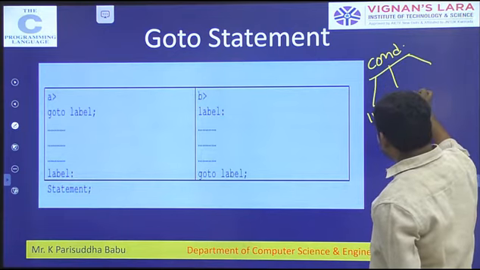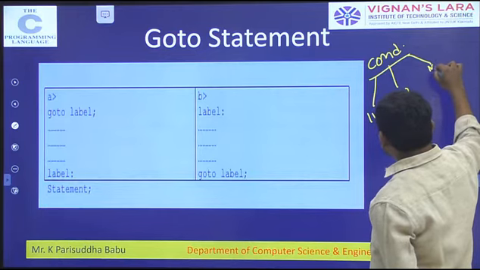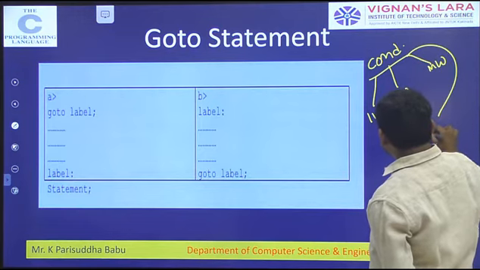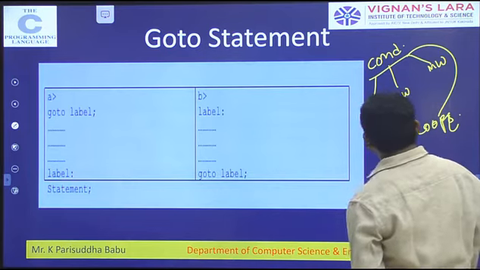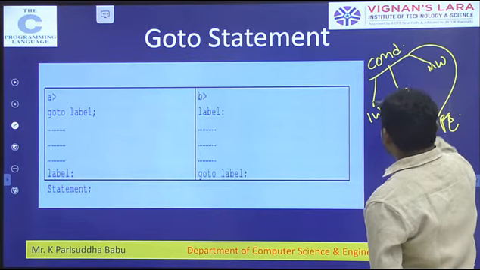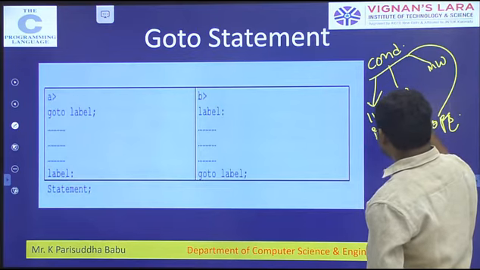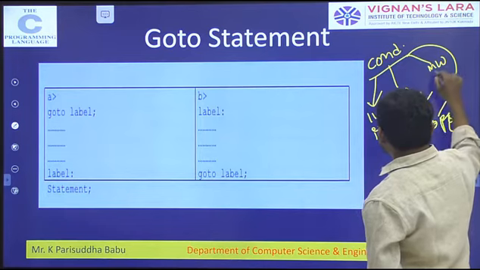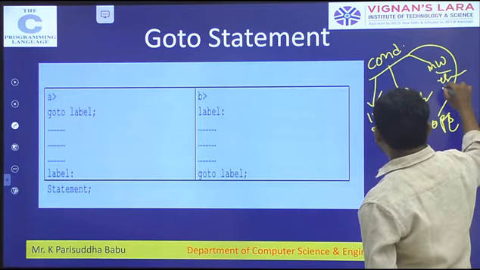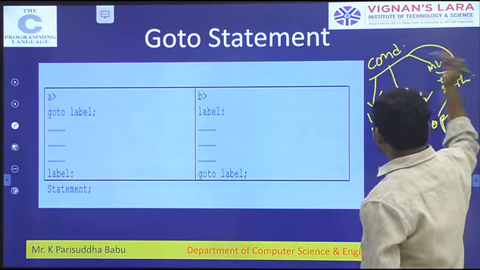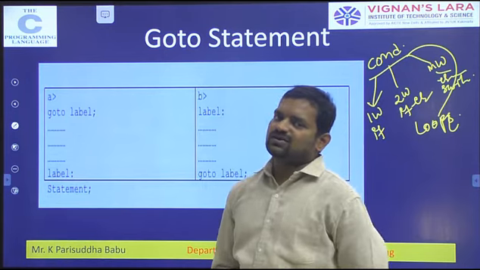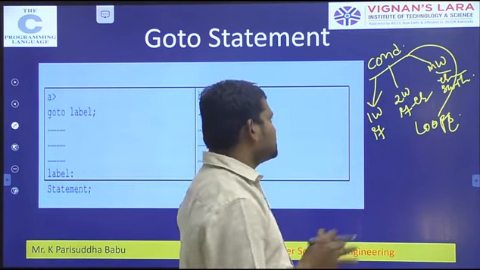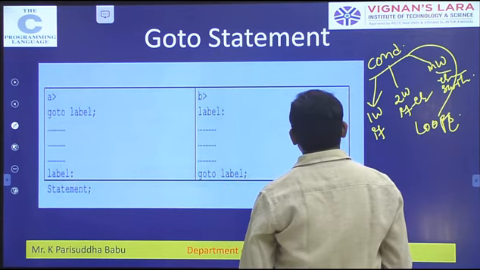One-way statements, two-way statements, multi-way statements, and also the loops. Loops also belong to the condition-controlled category; with the condition only, the loop will be terminated. So one-way selection is simple if, two-way selection is if else, multi-way selection is the else if ladder and also the switch. All are dependent on the condition. Only with a condition do they decide whether control goes on or skips the instructions. Without a condition, they do not skip.